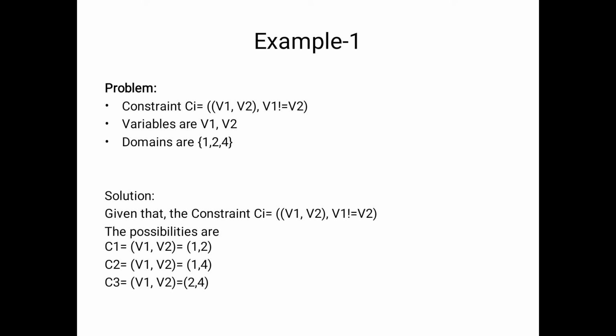In the first combination I will consider 1, 2. Please observe the second combination. Here I consider v1 as 1, so definitely we will consider another value, either 2 or 4. Already 2 is covered, so I will move to 4. Coming to the third combination, I consider v1 as 2. Then definitely v2 is either 1 or 4. Here I will consider 4. Definitely some other combinations are also available.